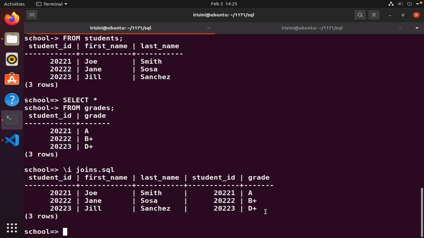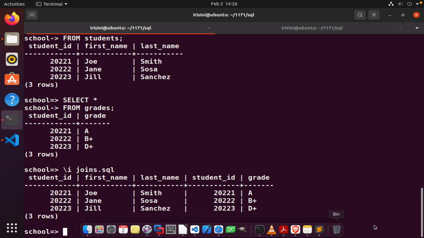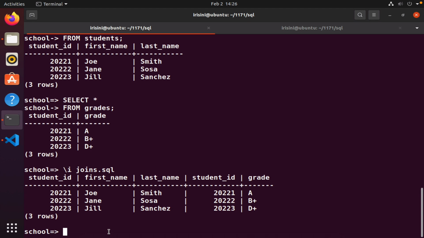Now, there are different types of joins, and to demonstrate the other types of joins, I will insert a new row of data. Okay, so this is what I'm going to do. Let's assume that we have a new student. So I'm going to say insert into students, and of course student ID,